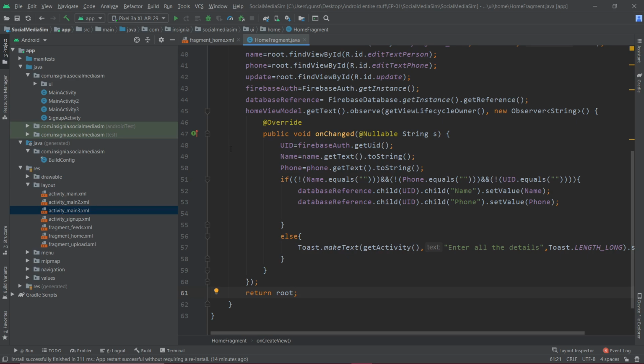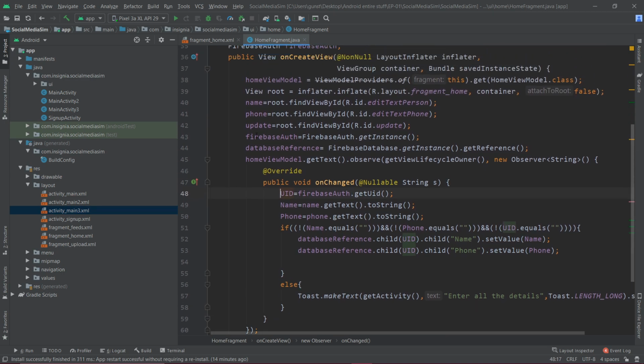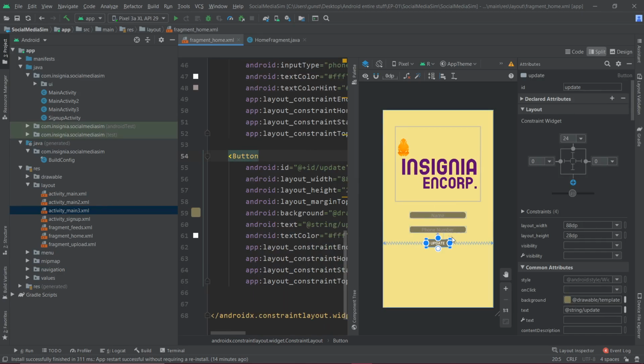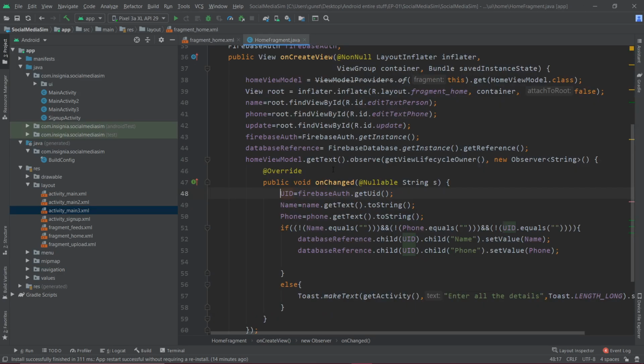But we made one small mistake in this code. This code will never run. The problem with this code is, this part will get executed as soon as the code starts running. We need this part to get executed only when the user clicks on our update button, right? Only when the user clicks on our update button, we need to check if those two strings are equal or not.